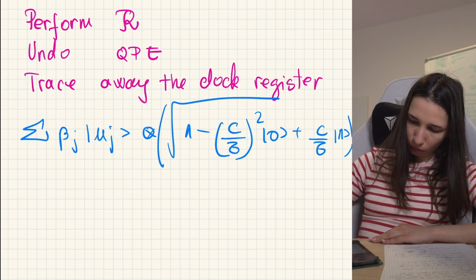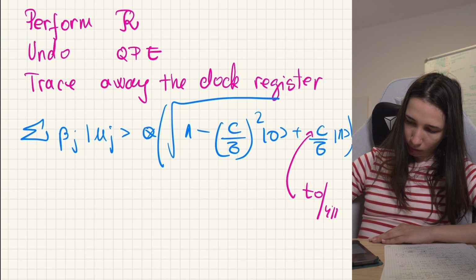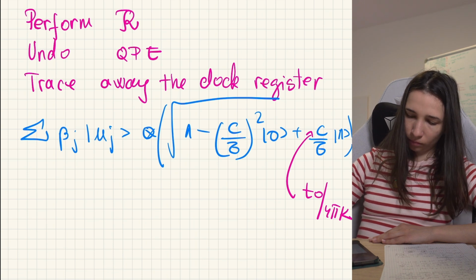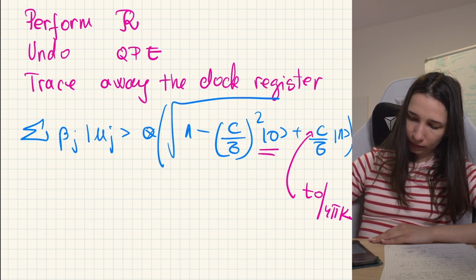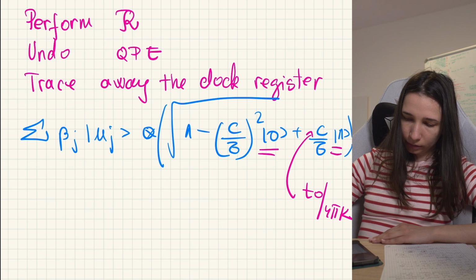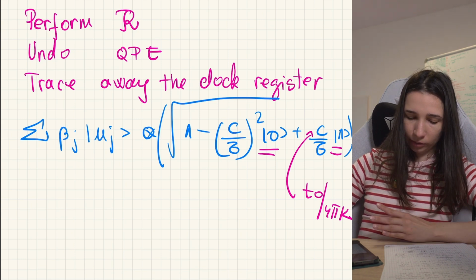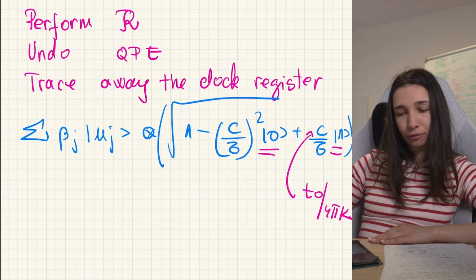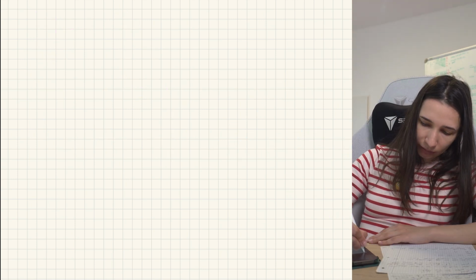Don't forget that this c is T0 over 4 pi k. Now, the idea is that we measure the flag ancilla, and if the result is 1, we obtain the state that we were interested in, but if the result is 0, then the algorithm failed. The success probability is